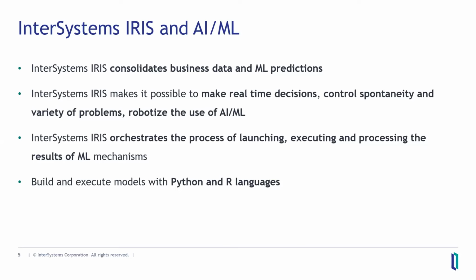How can we build a model? But after we build it, it's not the end in itself. Building a model is only a part of a process, and robotizing it and integrating it into a transactional business process is maybe even more important, because we really need to get value from that model, and it is only possible if, first of all, we are always sure that it produces actionable results, and second of all, we need these results right now while we are doing our transactions, while we are doing our business processes. And InterSystems IRIS makes it possible to do exactly that.